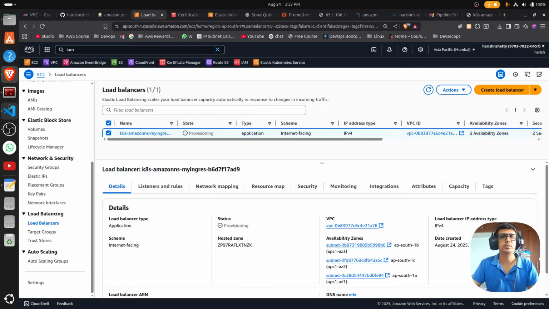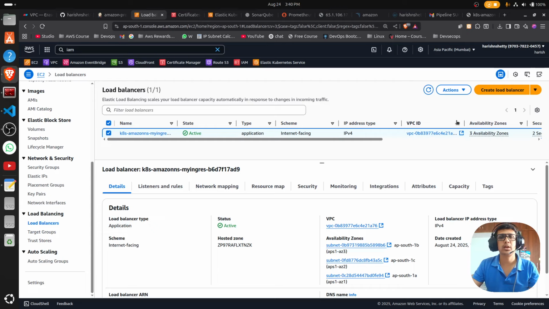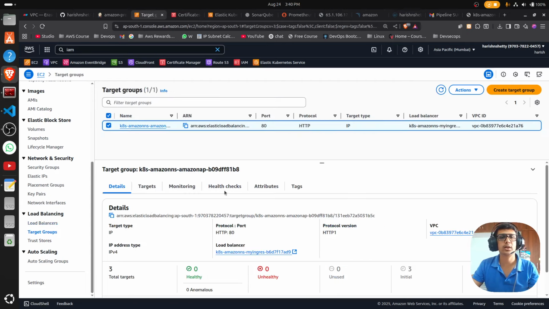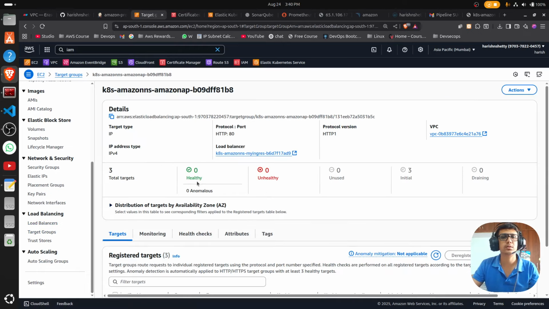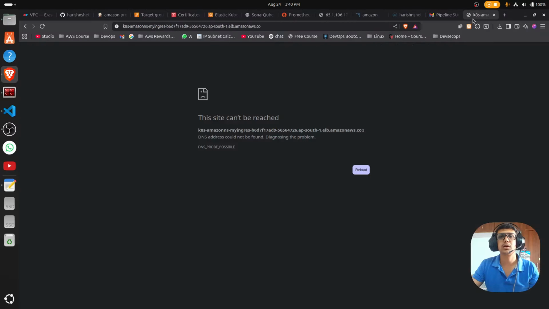So I will take one small pause. Yeah, now it came into the active state, and you can look out in the target group where it is. It came into the healthy state. Okay, it should come into the healthy state. And more here,